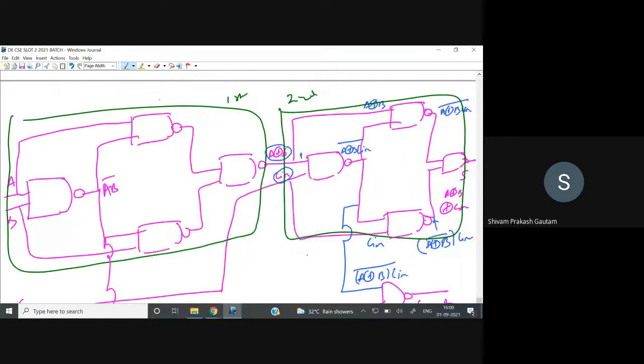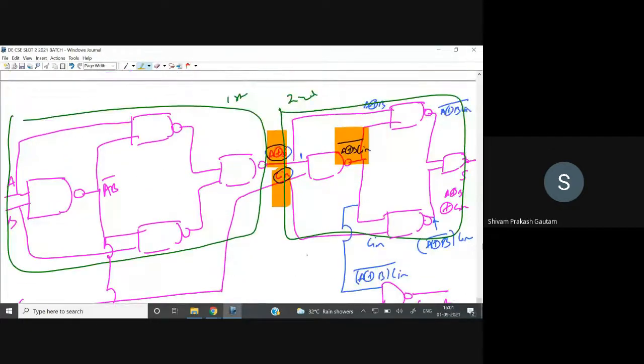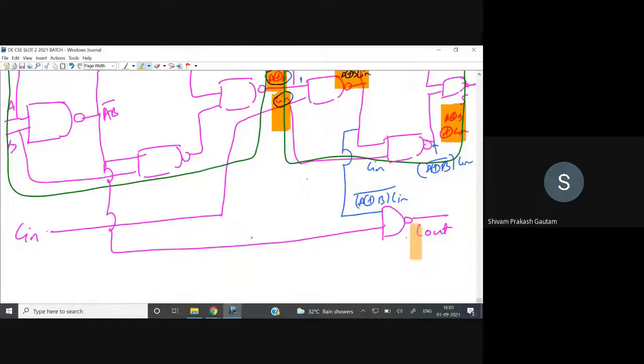Okay, this is two half adders. This is the first half adder. This is the second half adder, and here the output of the first half adder is A XOR B, and the input to the next half adder is A XOR B and C in. You can see. So here we will be getting A XOR B into C in whole bar, and again you have to implement a half adder like we have implemented, and finally you will be getting A XOR B XOR C in. Now you have to take care of C out as well.